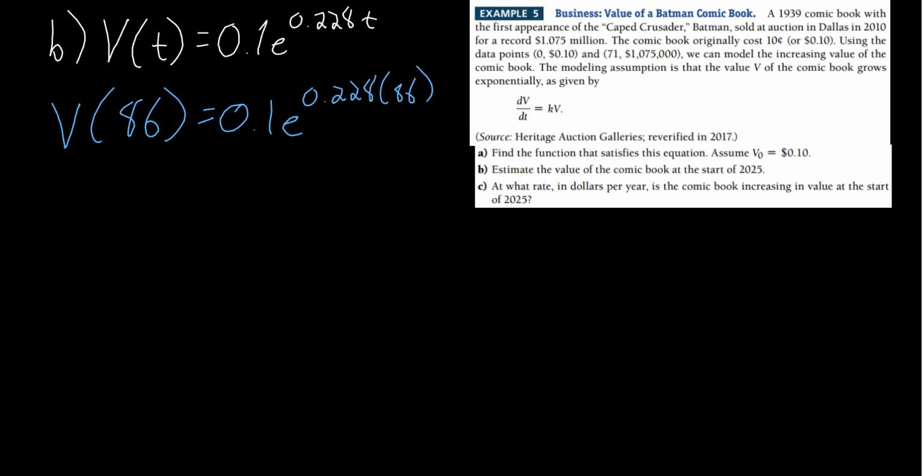Well, all we have to do is plug in an appropriate t for the start of 2025. Well, 2025 is 61 plus 25, which is 86. So 86 years after 1939. So we would simply write V of 86 is equal to 0.1 e to the 0.228 times 86. And that is equal to